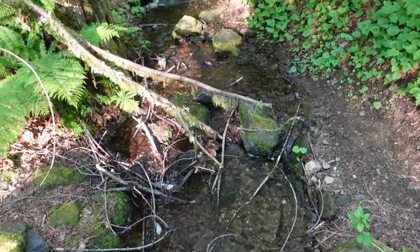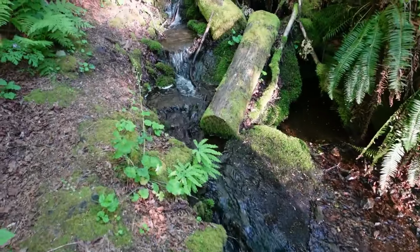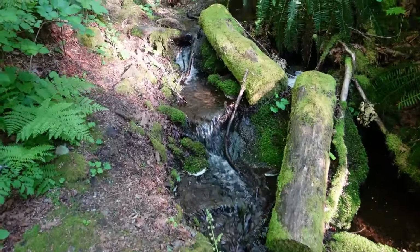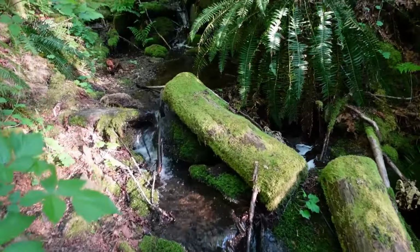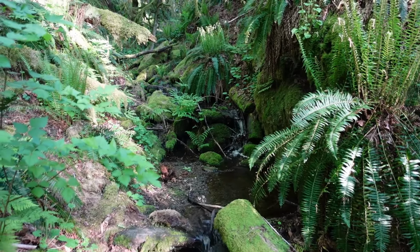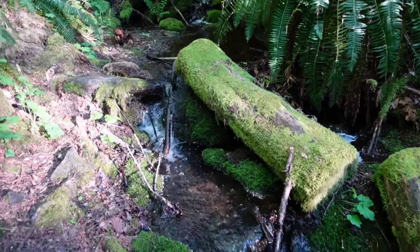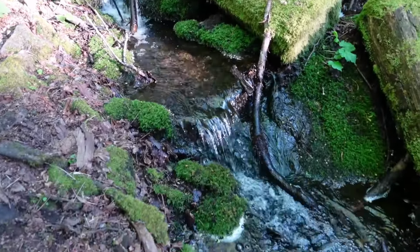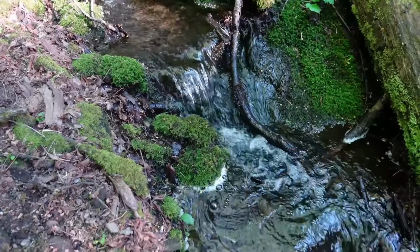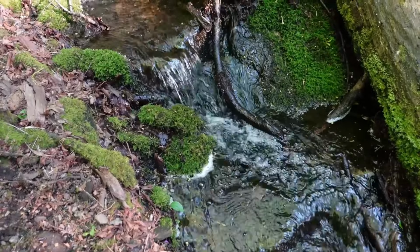Here's a look at the little water runoff area. You walk back here, they got a little bit of a flow through here. There's quite a drop in temperature back here because of the water. Comes all the way through here. And of course you have that nice sound, that flowing water sound. It's kind of nice to just sit here and listen to it. You don't want to sit too long because the mosquitoes are really thick in there, close to the water, so